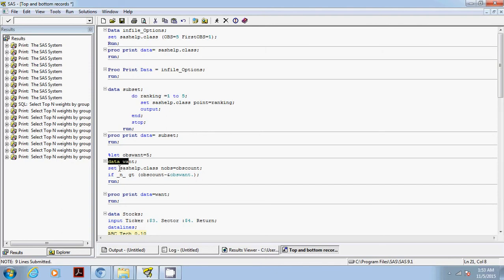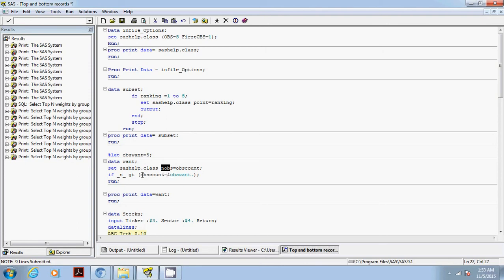In that I'm copying the sashelp.class table. I'm defining the number of observations as obs count. Then if the record number, this _n_ is the record number, is greater than obs count, which is the number of observations, minus obs_want,